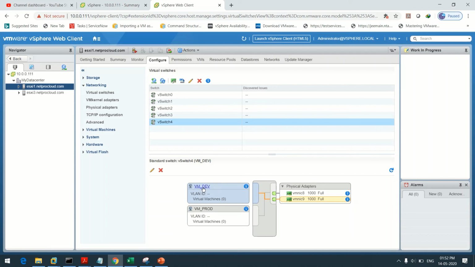Simply we have to map these port groups onto the particular physical adapter. So this is how we can create multiple virtual switches. I hope that you understand how to create multiple virtual switches and how to assign different kinds of VM kernel ports and VM port groups to each and every virtual switch according to your need or your environment, right?